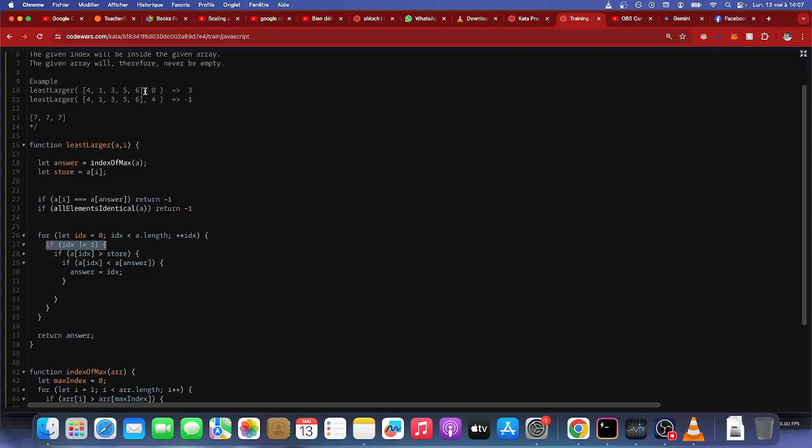So for this particular scenario, when I'm looping, zero index was given, so what is at zero index? It is 4. I just want to forget about that 4 and concentrate on these other numbers. That is why I do a differentiation. So if it's the same, it won't enter this block, so we'll just quit. If it's different, that's why I enter this block, and I'm going to check